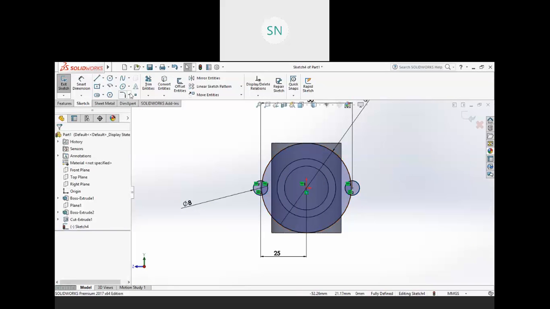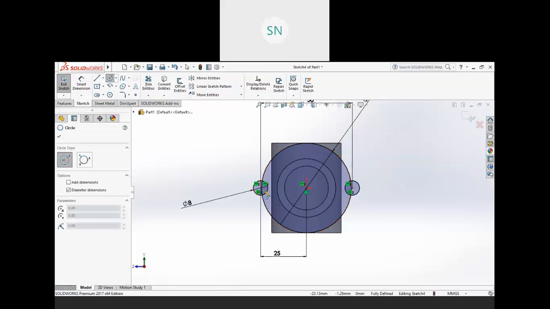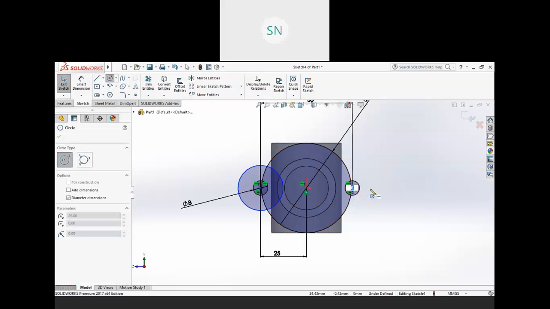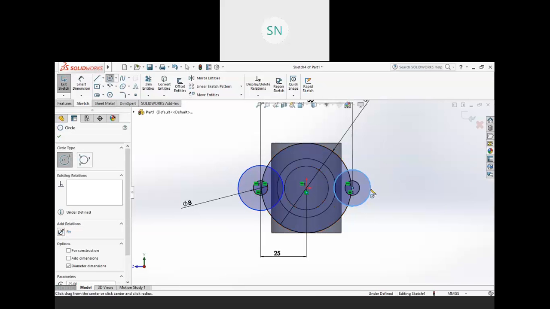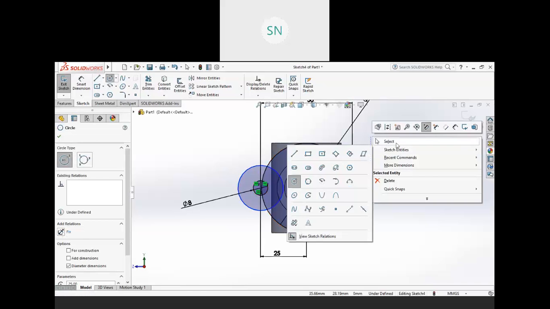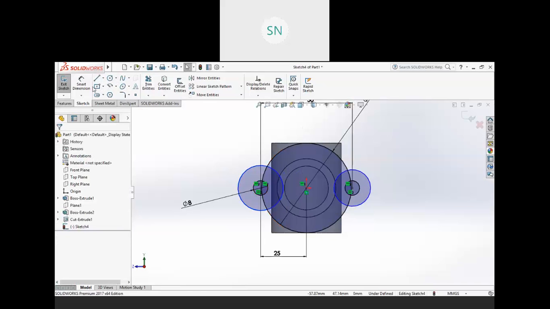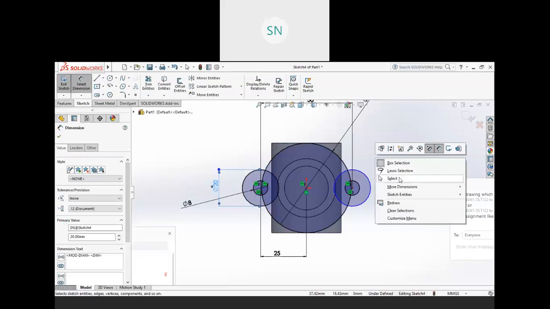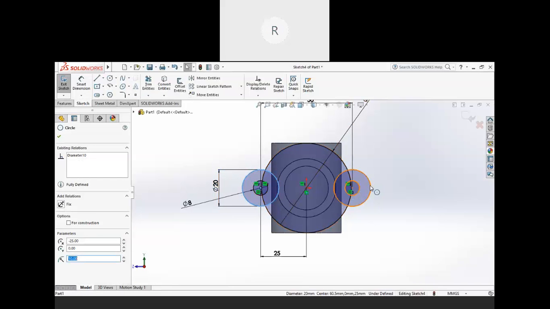Now we have two more circles here and here with 10 radius. So the diameter is 20, and this one is also going to be equal.